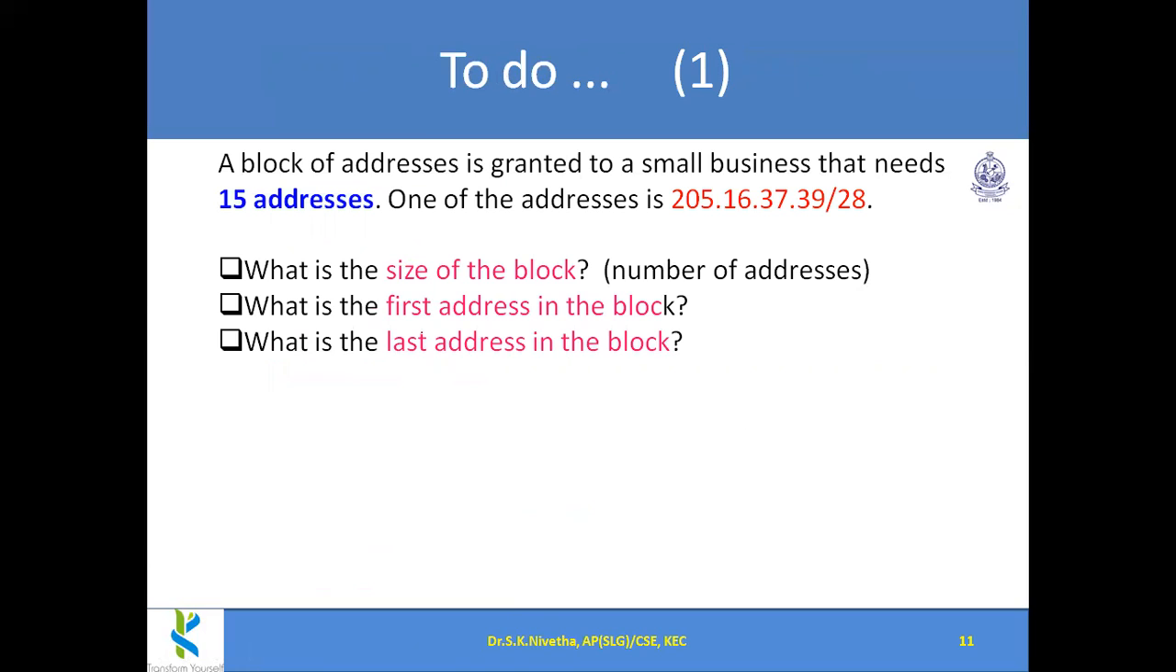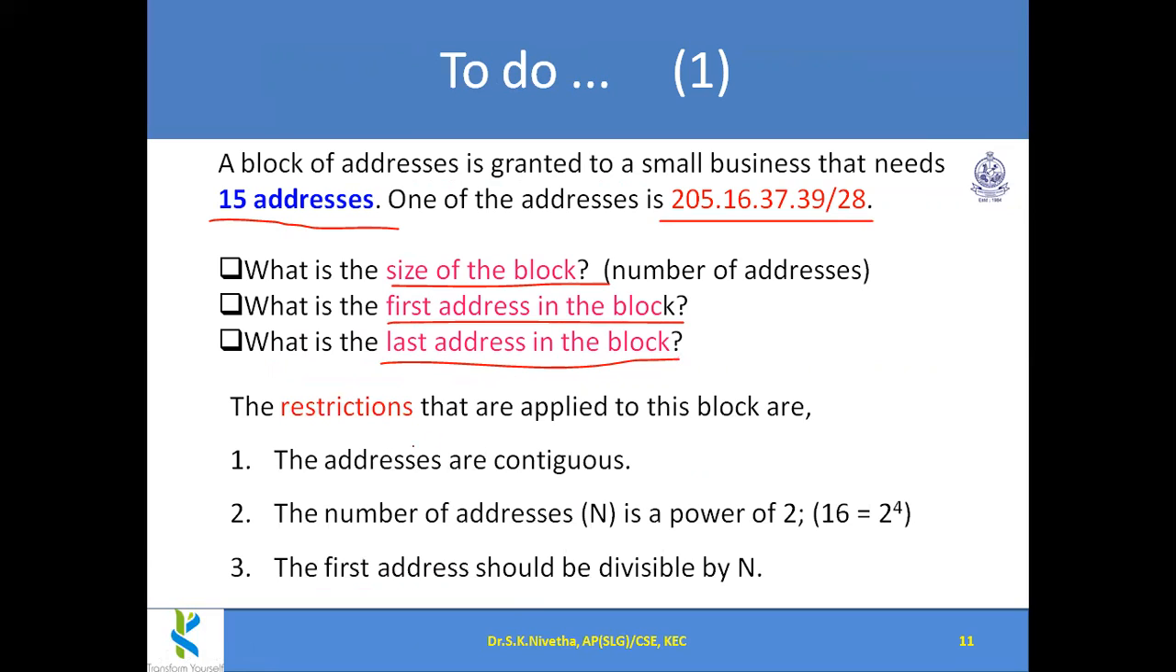Now, this is a sample. A block of addresses is granted to a small business that needs 15 addresses. One of the addresses is 205.16.37.39/28. Now we have to identify the size of the block, the first address in the block and the last address in the block. The restrictions we should remember: addresses should be allocated contiguously, and the number of addresses should be a power of 2